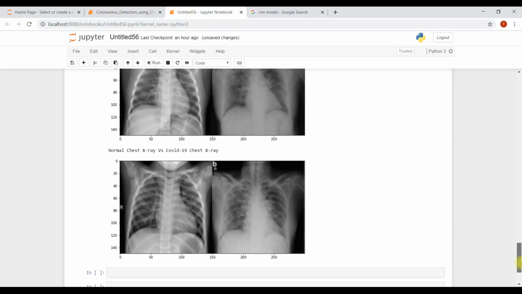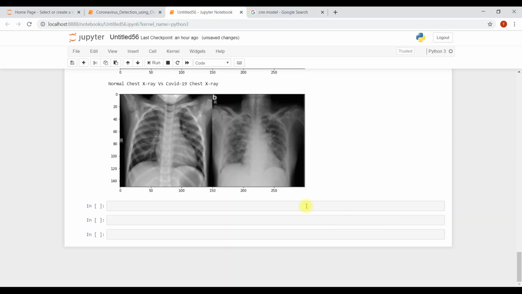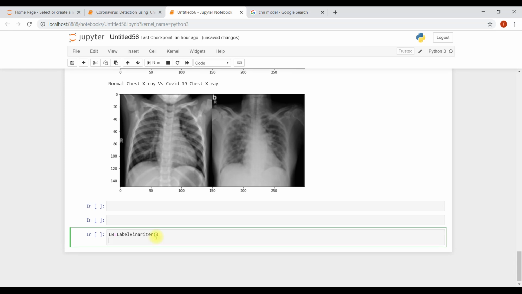Let's learn this and see how to do it. LB equals label binarizer, that's how we call it. And labels, what are our labels? That COVID-19.